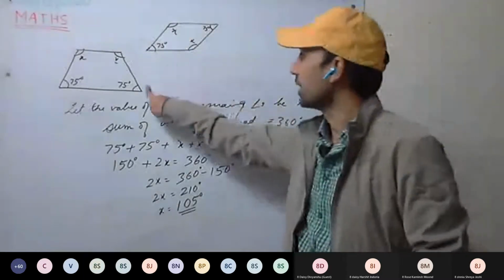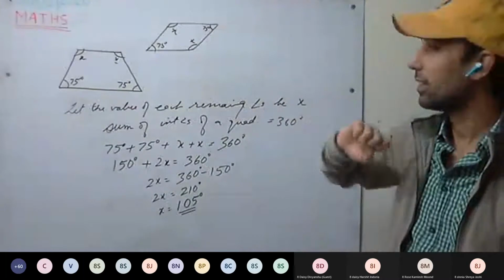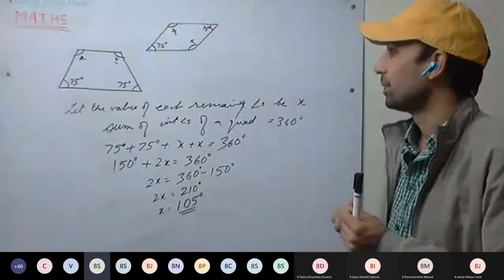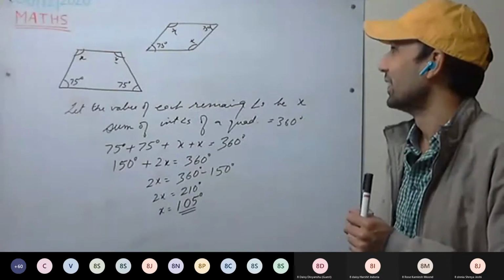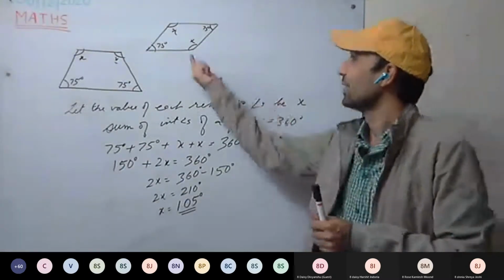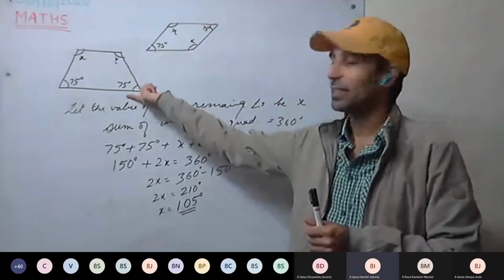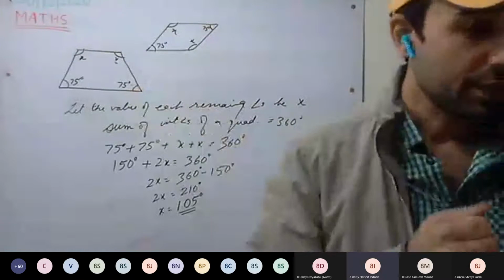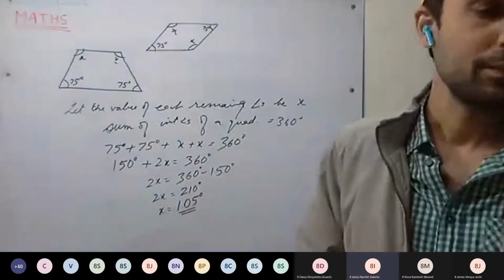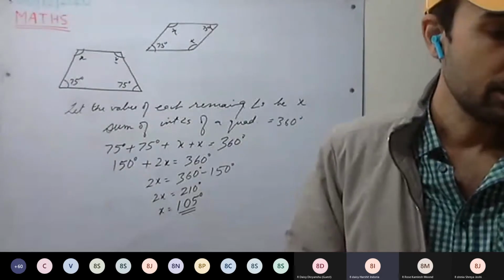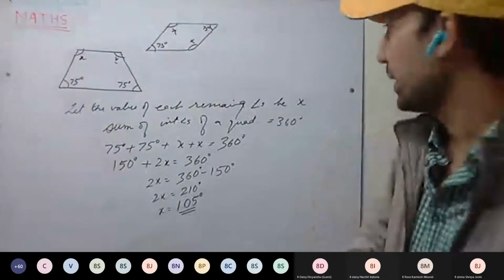So what kind of figures are there? Can anyone tell? Irregular. Irregular they are, that's for sure. It is a parallelogram. Sir, can we start doing the seventh question? Yes, you can start. Sir, in that question do we have to draw the diagrams? A rough diagram you can draw. Okay, if you draw, it will be good.